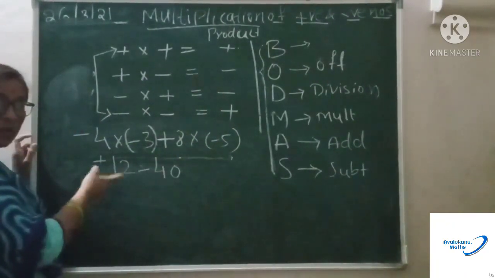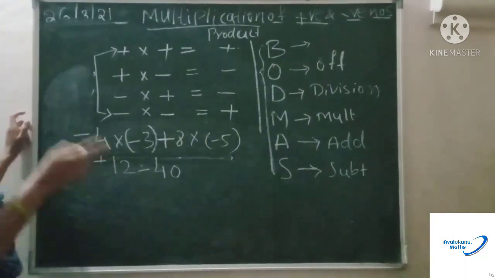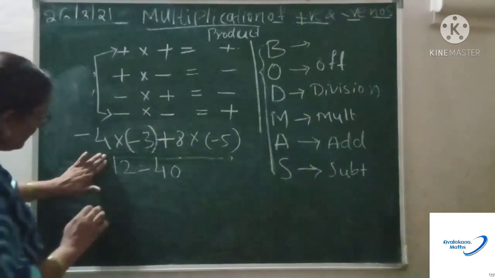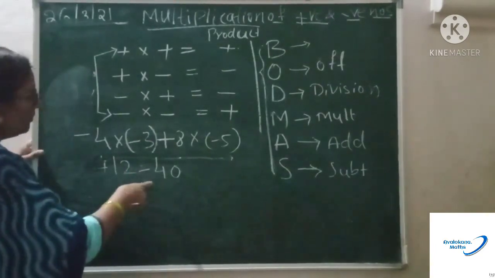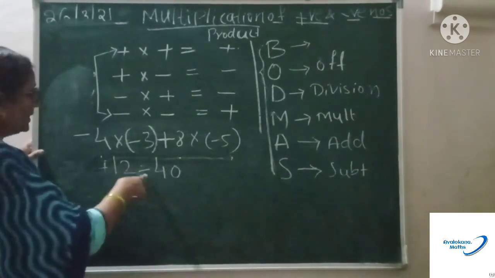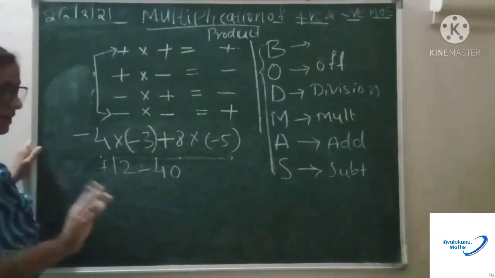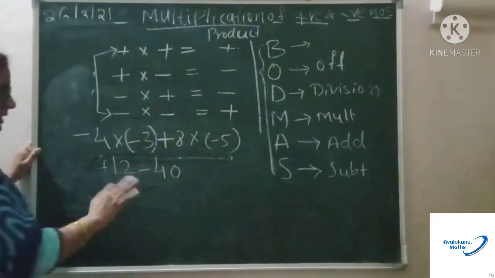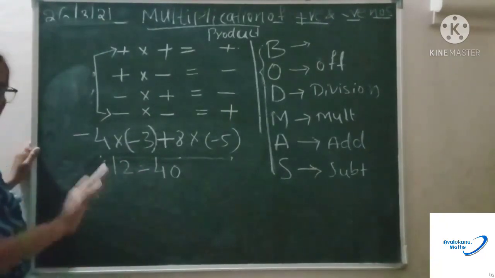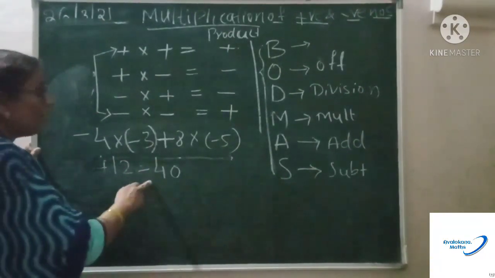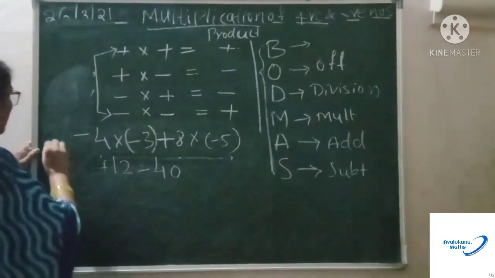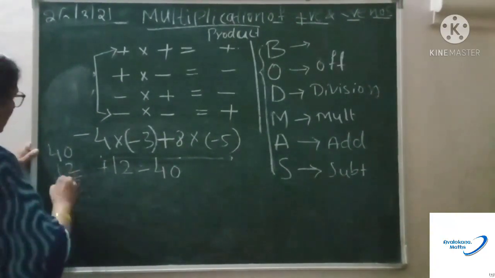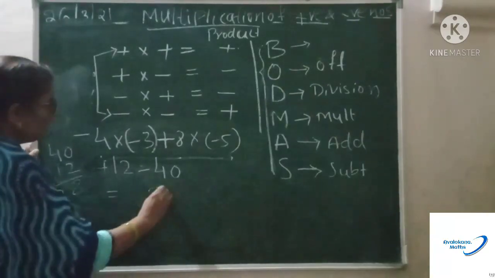Now see, this is a combination of multiplication, addition and subtraction. See this one, children. So now you have plus 12 minus 40. Don't write plus minus minus. It is not like that. If it were plus 12 into minus 40, in that case it would be minus. But here it is 12 minus 40. That means from 40 you are subtracting 12. This is 8 and this is 2. You are getting 28.